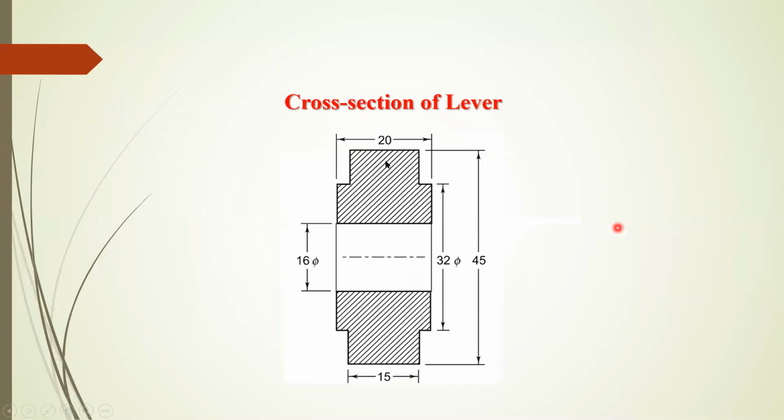This is what the cross section of the lever looks like in the boss area. Here there is additional thickness, which is for the boss. So 50 mm is the thickness of the lever, you can see, right? And the width is 45 mm, which we calculated. This additional 20 mm is for the boss section. D1, the diameter of the pin, is this one. The inside diameter of the boss is 16 mm, and the outside diameter of the boss is twice the inside diameter, so it is 32. So this is the whole cross section of the lever at the pin, or at the boss section.